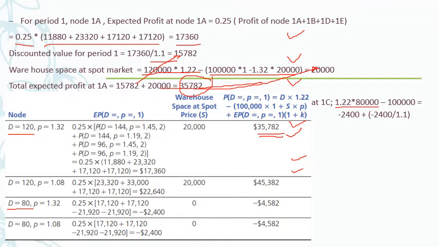Whereas in 1C, the demand itself is only 80,000 units. And we have seen that I need at least 1 square foot for 1 unit. In the problem, it has been very clearly told 1 square foot for 1 unit. So if I want to store 80,000 units, I need to have 80,000 square foot area. I have already paid rent, as under the lease principle, I have already paid the lease for 1 lakh units. So up to 1 lakh units, I need not pay anything because I have already paid.